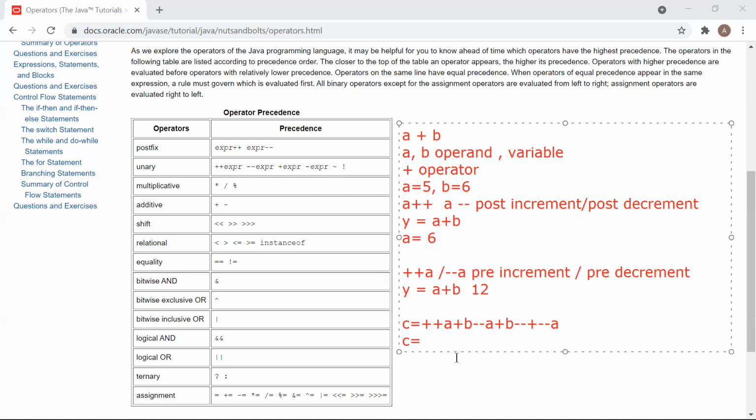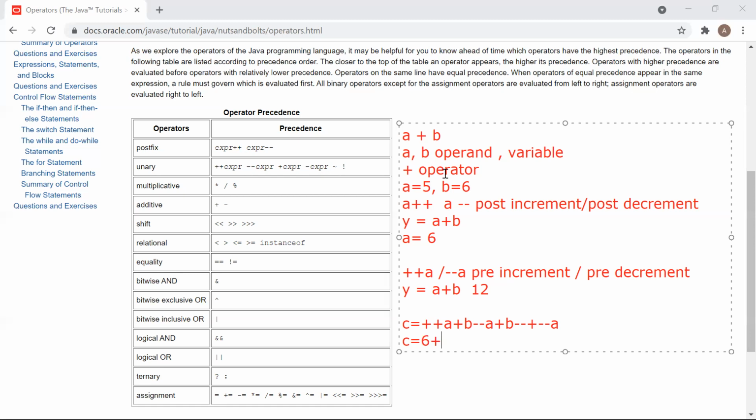17. Okay, let's try. So ++a will be what? Pre-increment, right? So the value of ++a will be 6. Now plus b value. You can take it as b-- or --a. So let me take this as b--, which is a post-decrement.